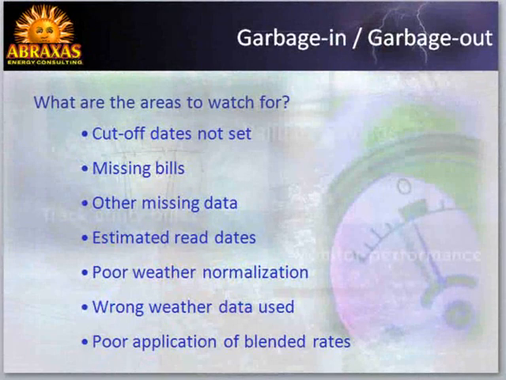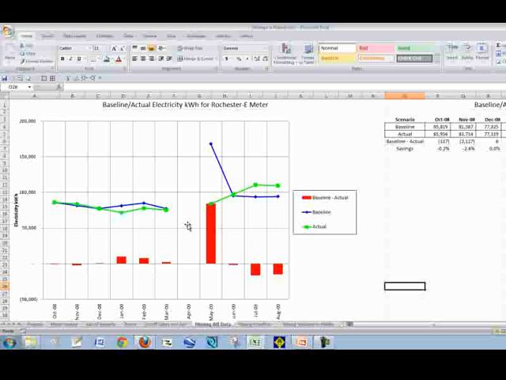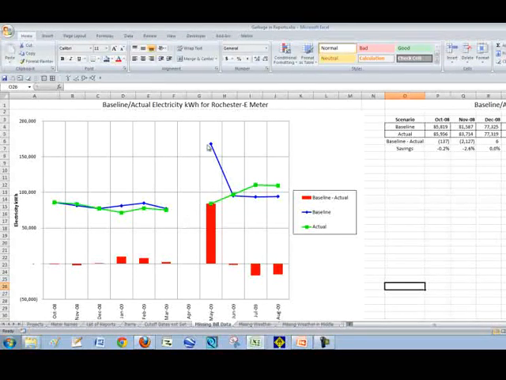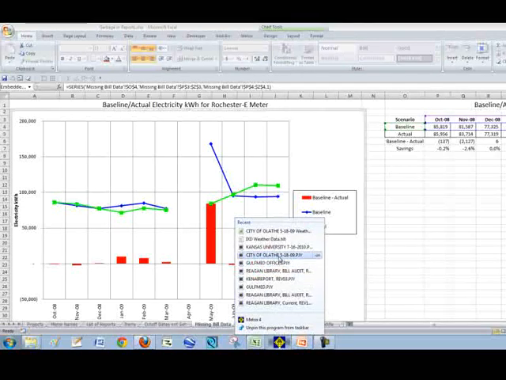Now we're going to talk about the missing bills. This is what a missing bill will actually look like. With a missing bill, you're going to see this month that's missing, just like the bill cutoff date. And then the next month is going to have an extra baseline that's almost twice what the baseline should be. The reason for that, if I go ahead and open the project,